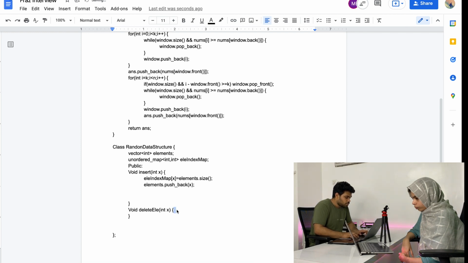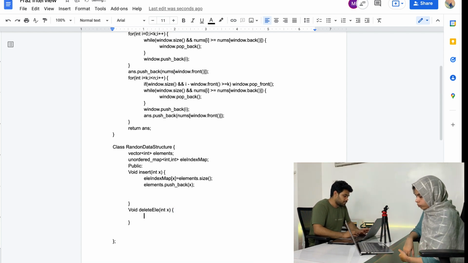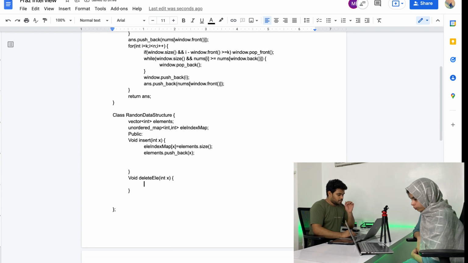To remove this element, I will have to swap it with the element which is at the back. So the element which is at the back, I put it there and shift this element to that particular place. And then we will have to change the entries inside the map accordingly.